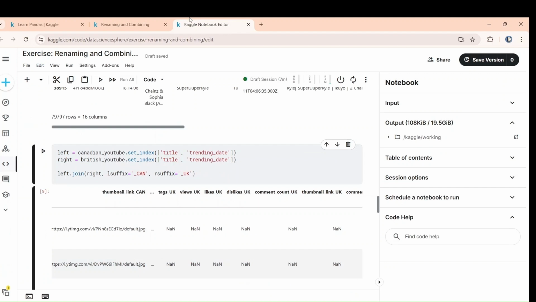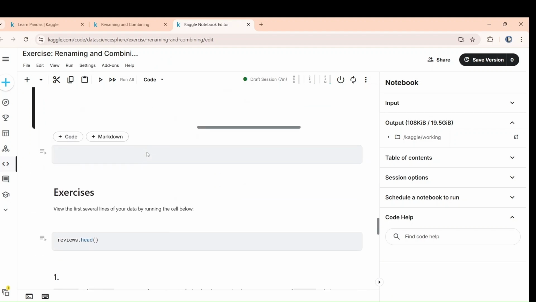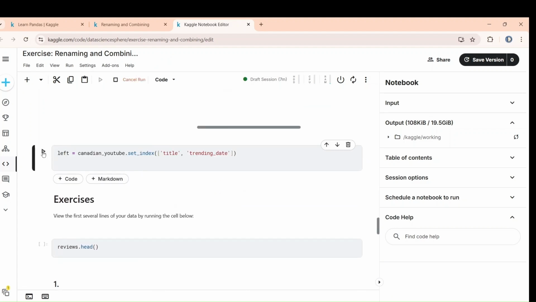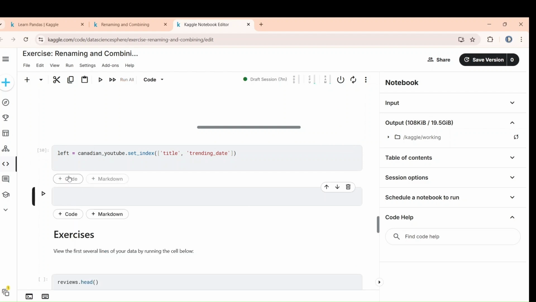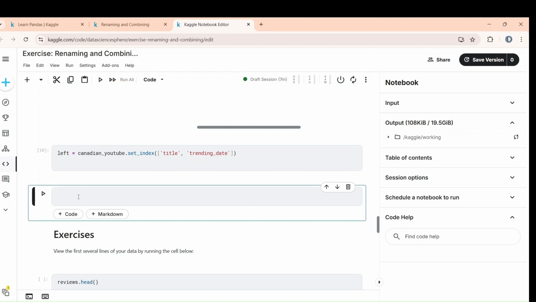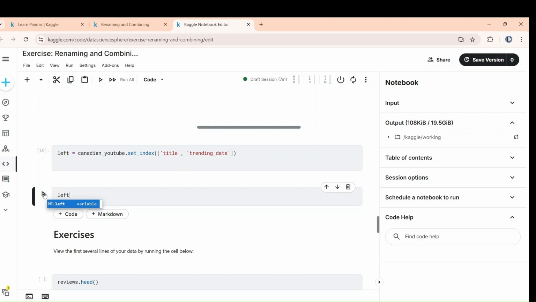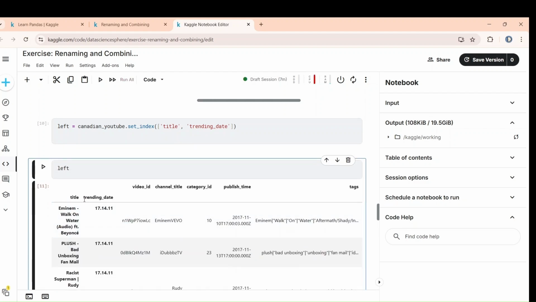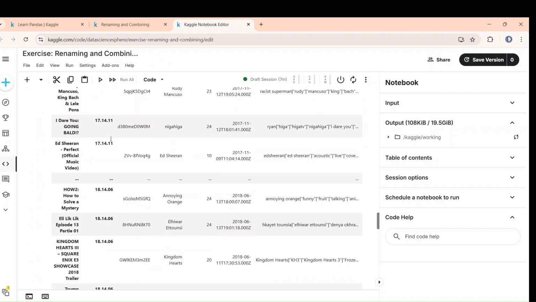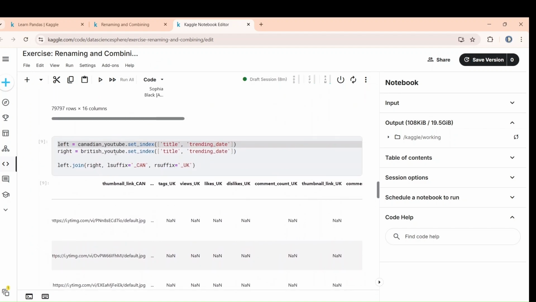Let me show you one by one. See, if I copy this and paste, now see the index, title and trending date. So first you are setting the index, Canadian YouTube dot set index, title, trending date. So these are now set as index. Okay. Now if I do that second step,